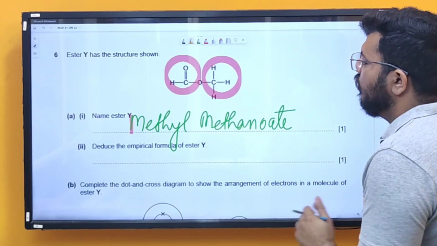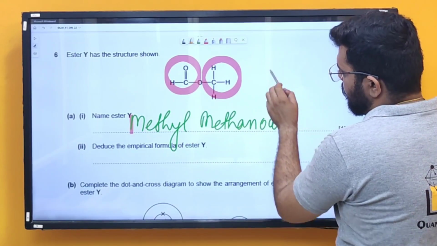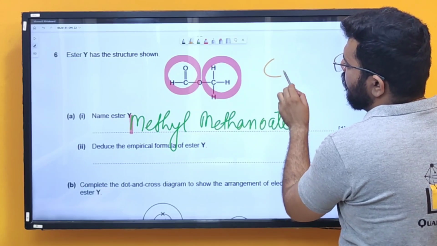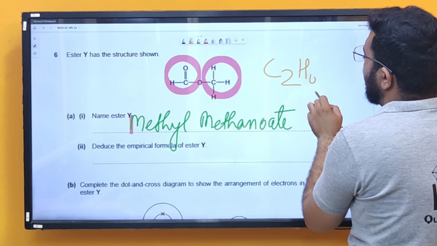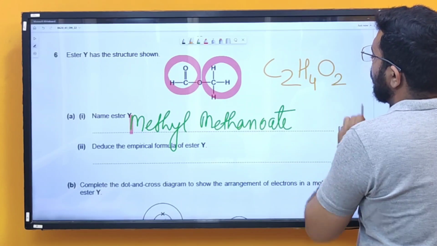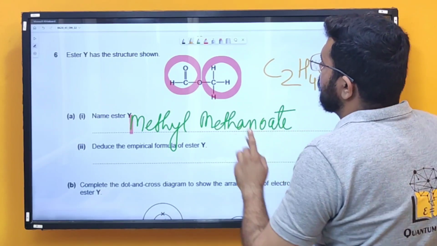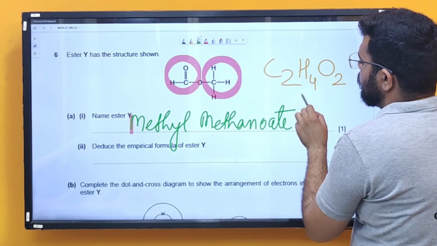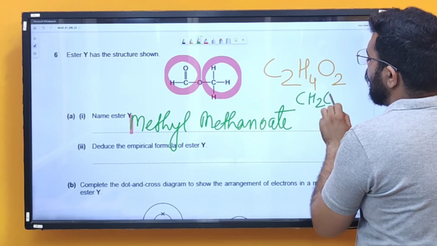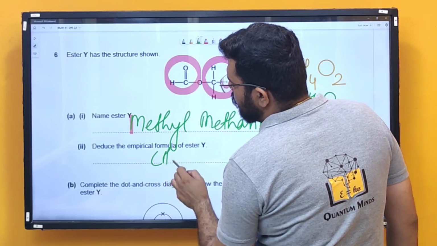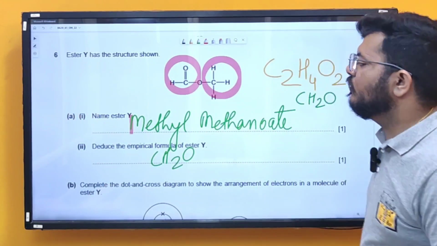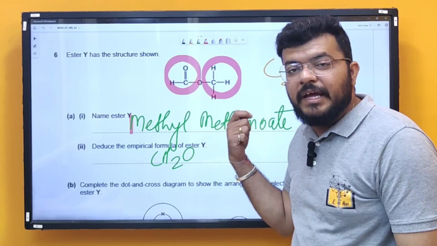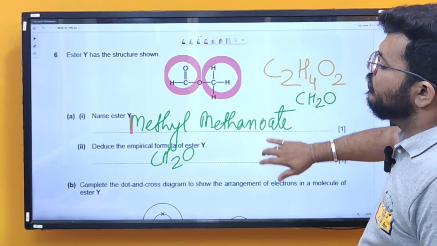Deduce the empirical formula of ester Y. For that, let's first write the molecular formula. So you have C2H, 1, 2, 3 and 4, and O2. Now this can be written as CH2O. I was going to say that if it was asking for the empirical formula of an ester, then O is always 2 in an ester, so we cannot